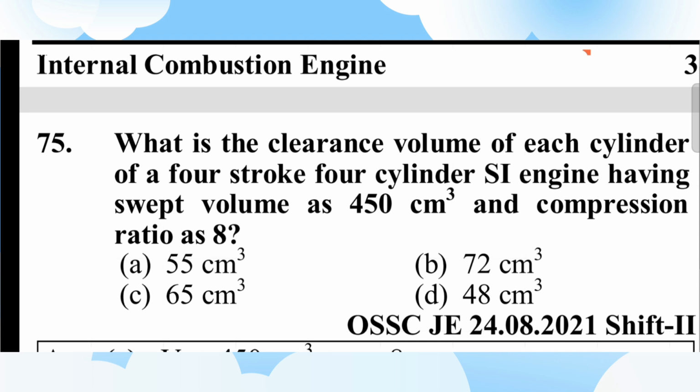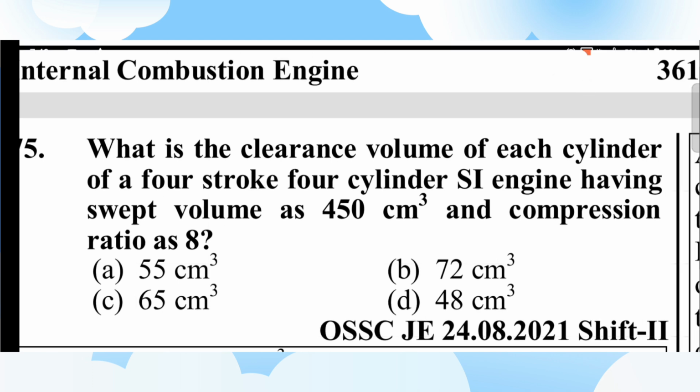Question number 75. What is the clearance volume of each cylinder of a four-stroke SI engine having the swept volume 450 centimeter cube and the compression ratio 8? A. 55 centimeter cube, B. 72 centimeter cube, C. 65 centimeter cube, D. 48 centimeter cube. Friends, we know that the compression ratio